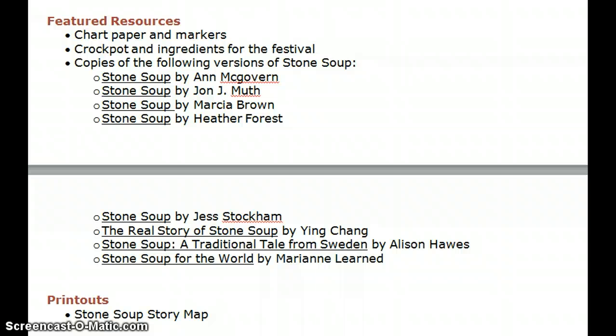And here I listed all of the different versions of the stone soup that I've used. They're all different levels, they're all told in a different way and have different characteristics. I am lucky to have all these versions because I've done this unit before, but you can take them out from your local library, and you can also double up certain books, you can have more than one copy